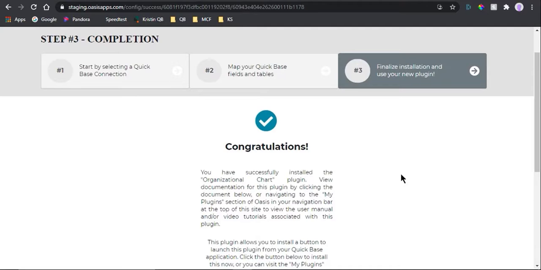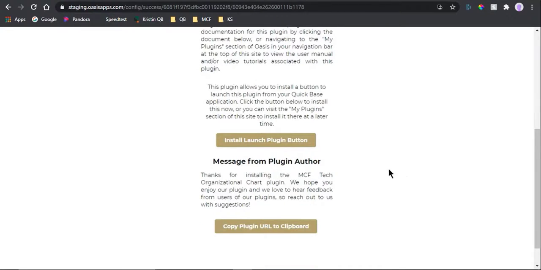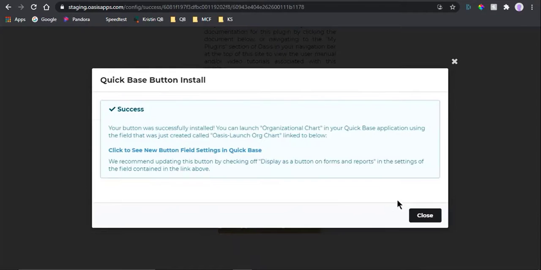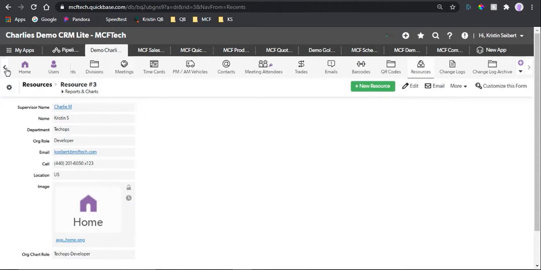Congratulations, you have successfully installed the Organizational Chart plugin. On this page, we can install the Launch plugin button. After completing your configuration, install this button so that you can launch the org chart from your record. Click Install. Now, if you go into your QuickBase application to the table where you installed the button, you should